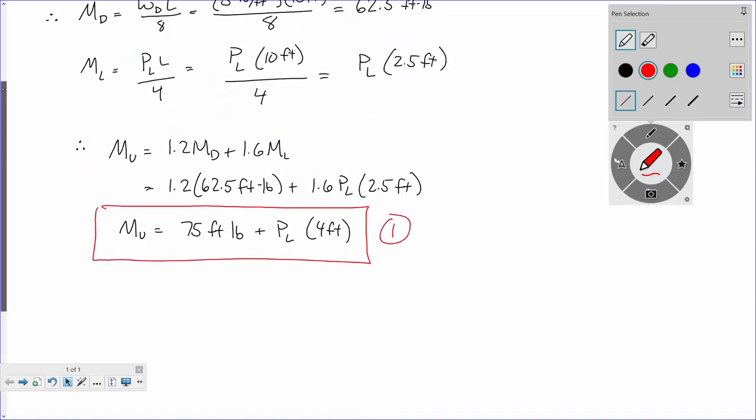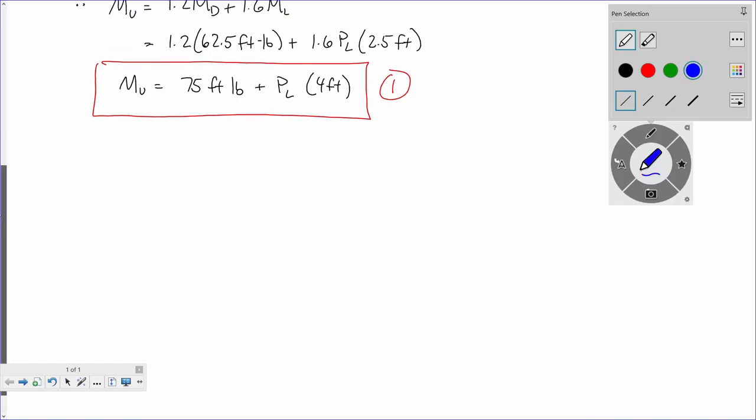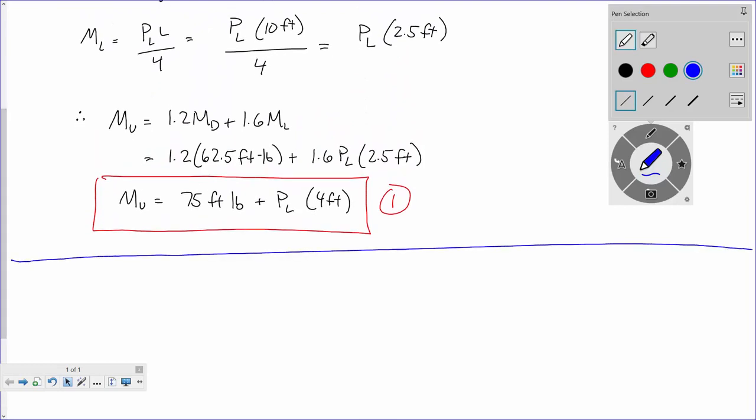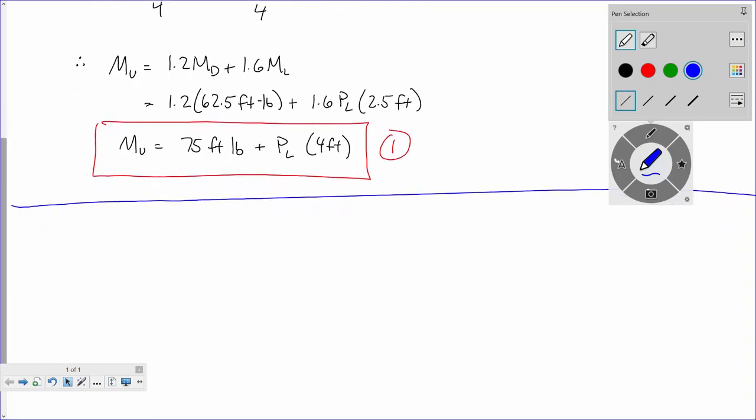Let's take a look at the strength of the beam, okay? Everybody good with that? So let's take a look at the beam itself. So what's going on with the beam? We got a beam, it's